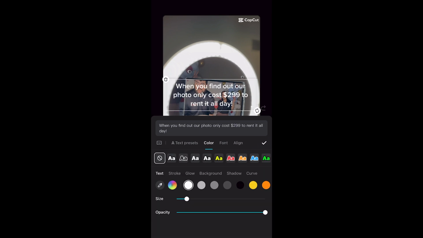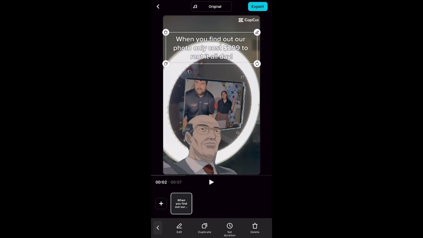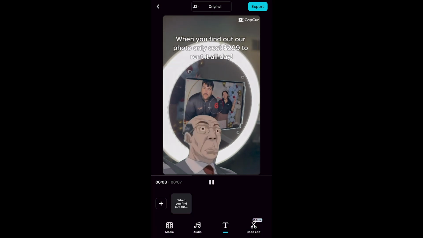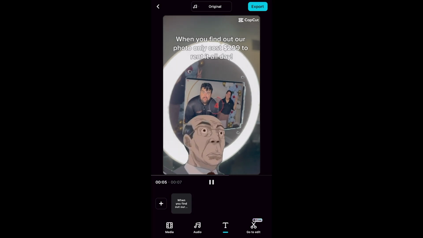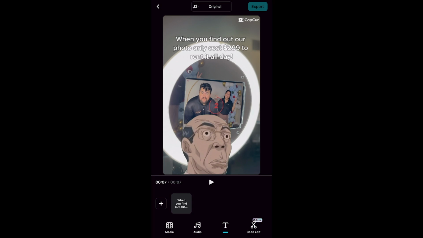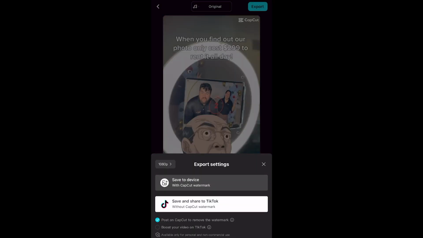All right, let's go here. We'll go white. Perfect. Look, and you can move it up, and now let's watch it. How cool is this? Look how easy this was. I made it in like 30 seconds. So again, you go export, you can go straight to TikTok, or you can have it saved to the device